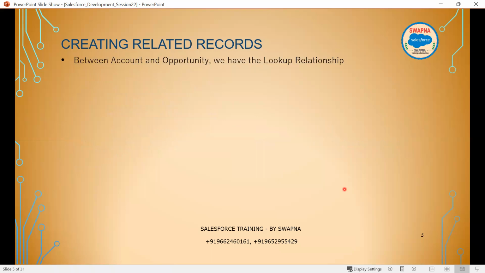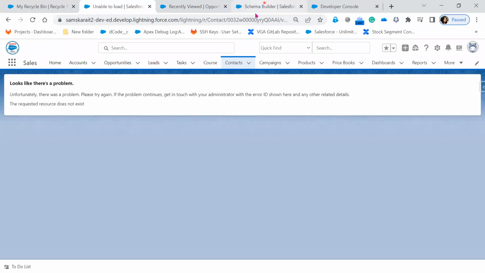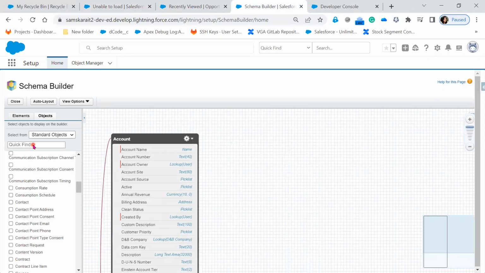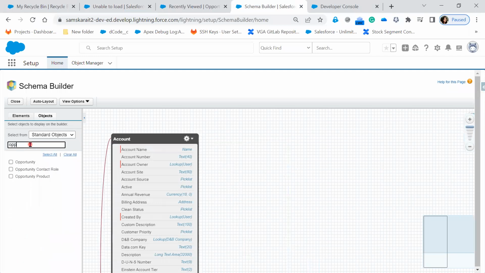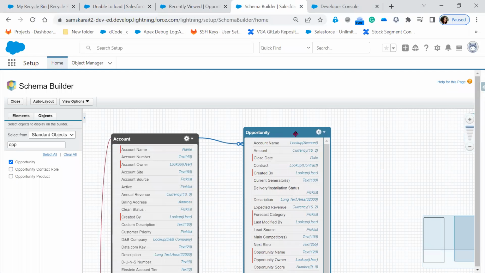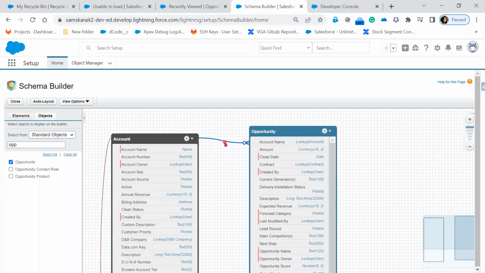Now the next one is account and opportunity. So let's see account and opportunity. Now I'll remove this contact. Let me search the opportunity. Now, account and opportunity. I can see that if I hover over this, there is a lookup